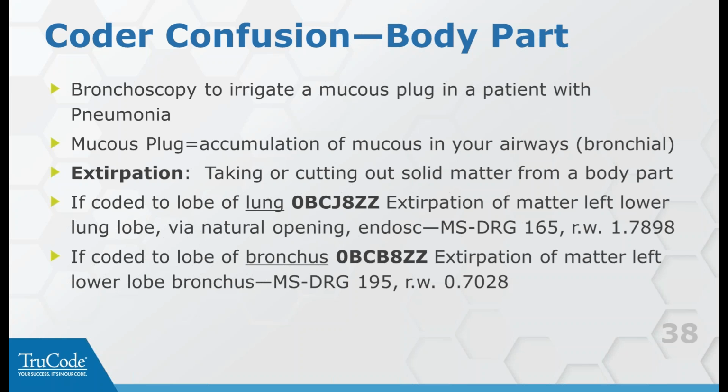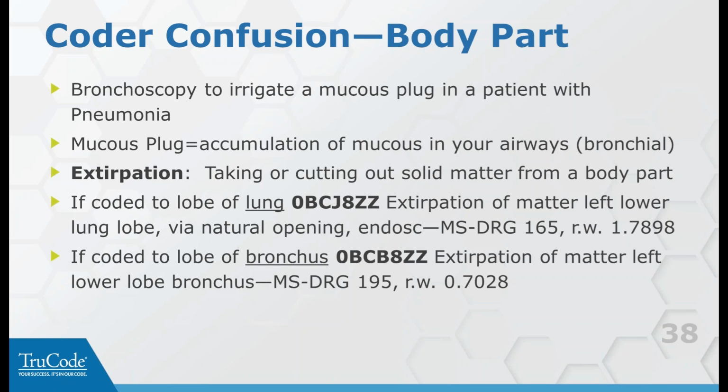So it's very important. Obviously, if you're taking out a mucus plug in particular, which is going to be coded to extirpation, it makes a huge difference in the DRG if you code it to lobe of a lung versus lobe of a bronchus. And you can see on the slide there that the lung would code to a DRG with a relative weight of 1.7898 as opposed to the bronchus